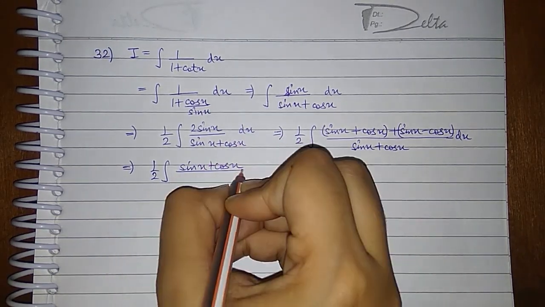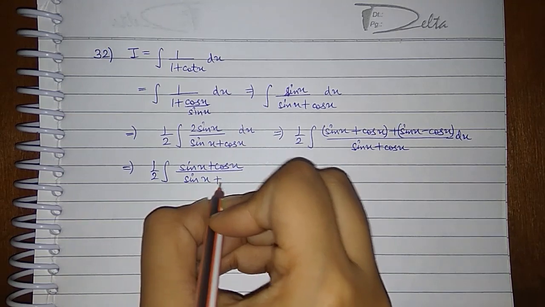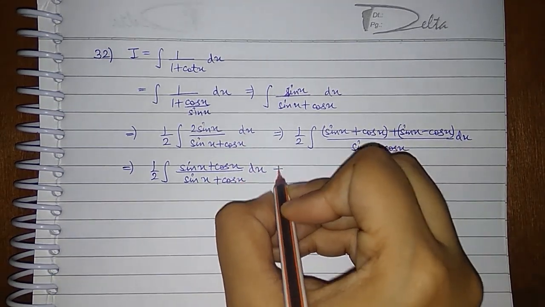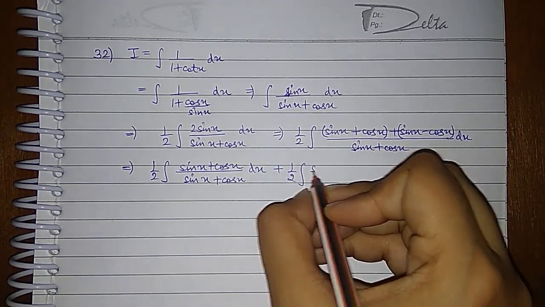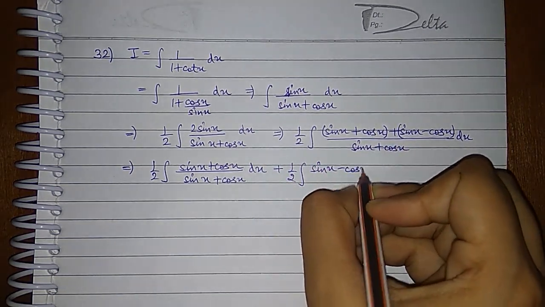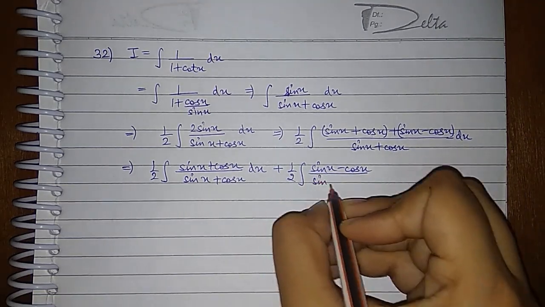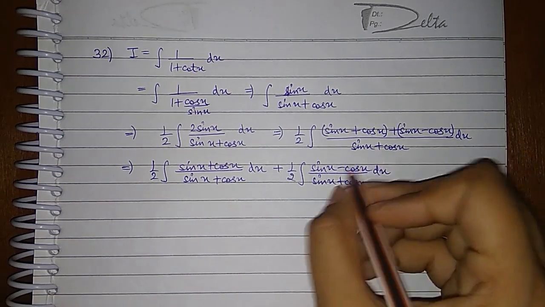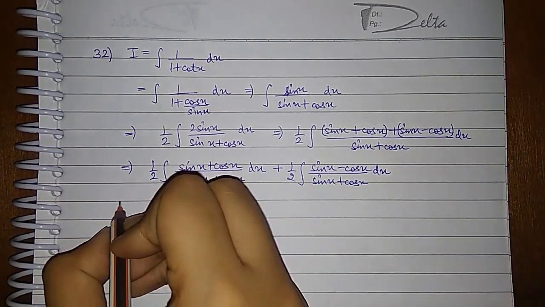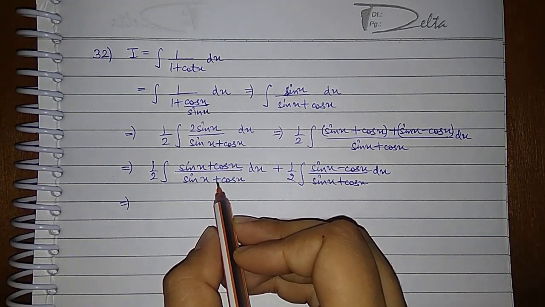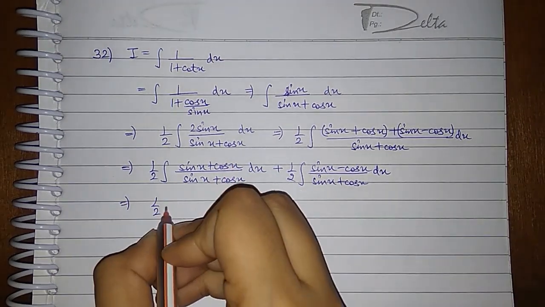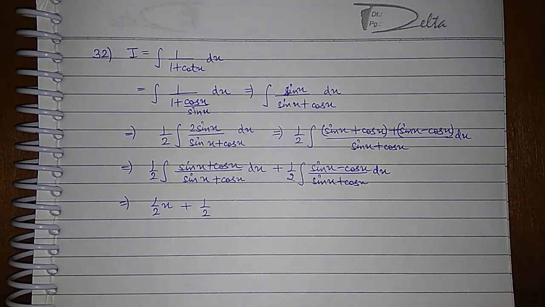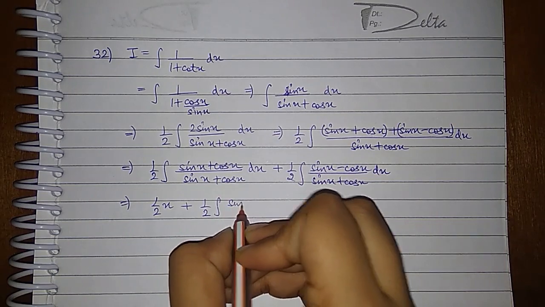cos x upon sin x plus cos x dx plus half of sin x minus cos x upon sin x plus cos x dx. We have separated it out. Now this whole gets cancelled, so 1 will be left, and integration of 1 will be x plus half of this as it is